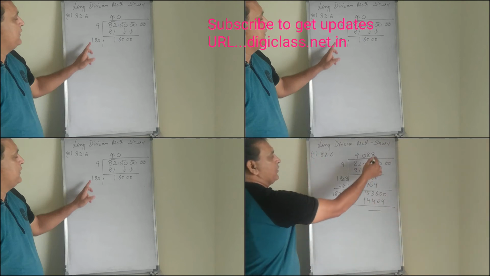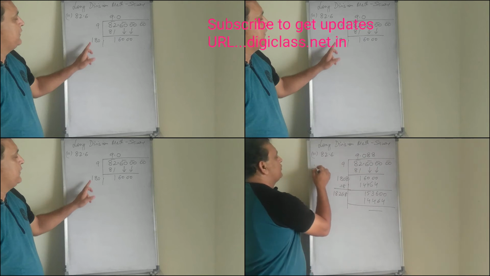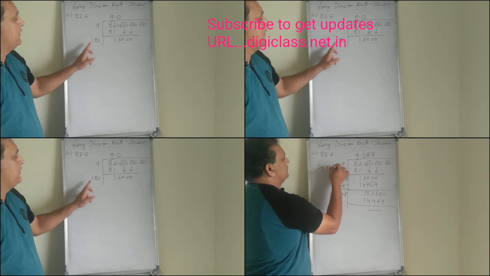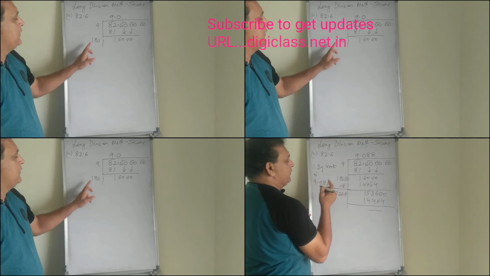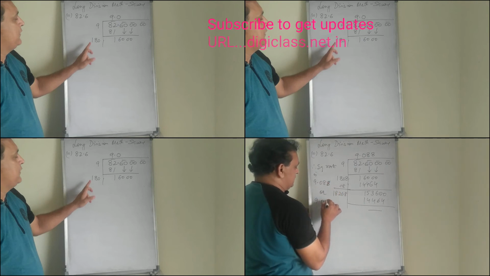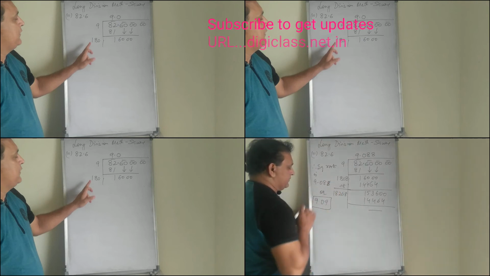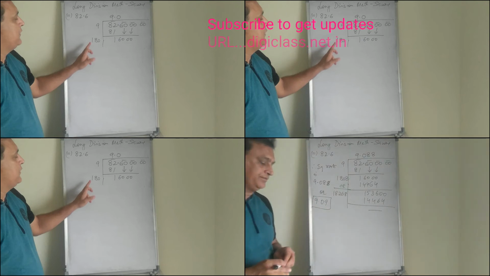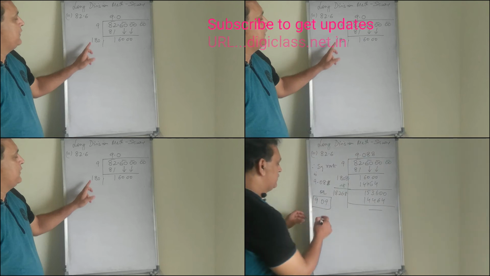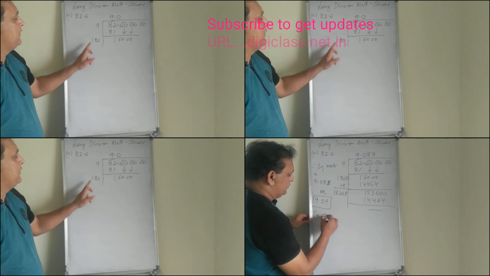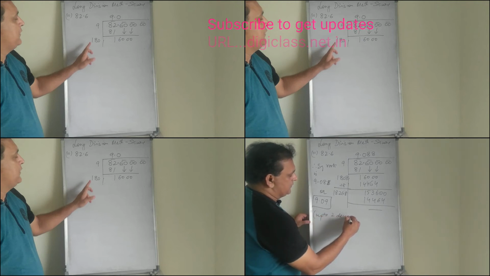Whatever the remainder is, now we got our answer. So therefore the square root is 9.088. We have to write up to 2 decimals. So now here it is 8, so we will increase this by 1. So our answer will become this. Okay, up to 2 decimal places. So you just write it down up to 2 decimal places.